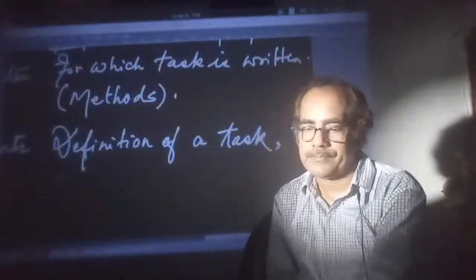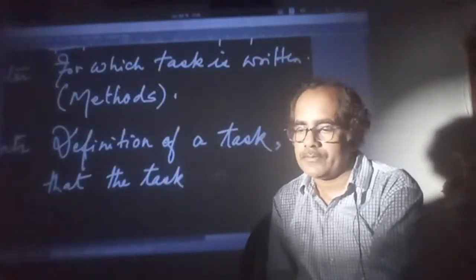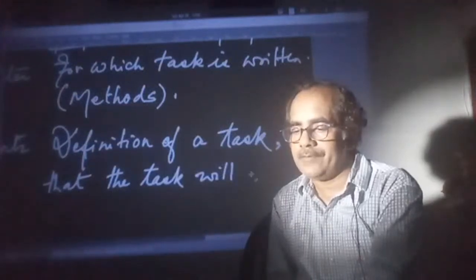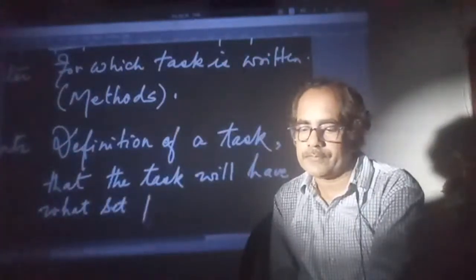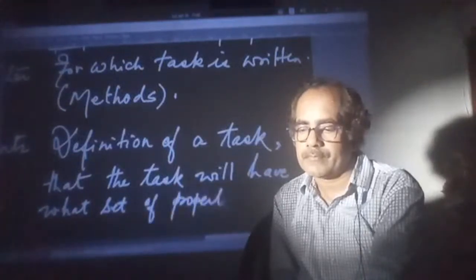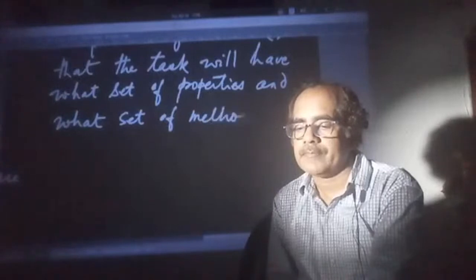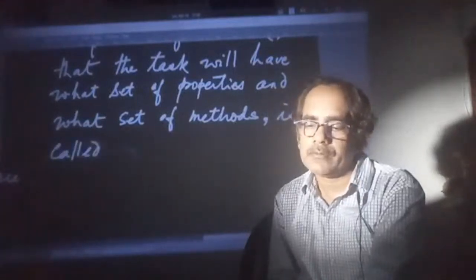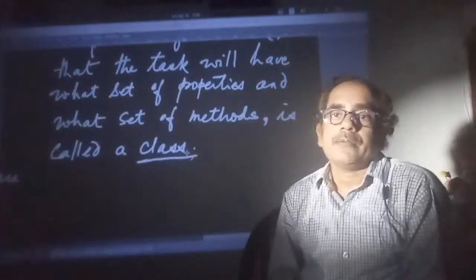That the task will possess, will have, what set of properties and what set of methods. ये क्या है मैंने पहले लिख दिया है, methods is called a class. जाति,